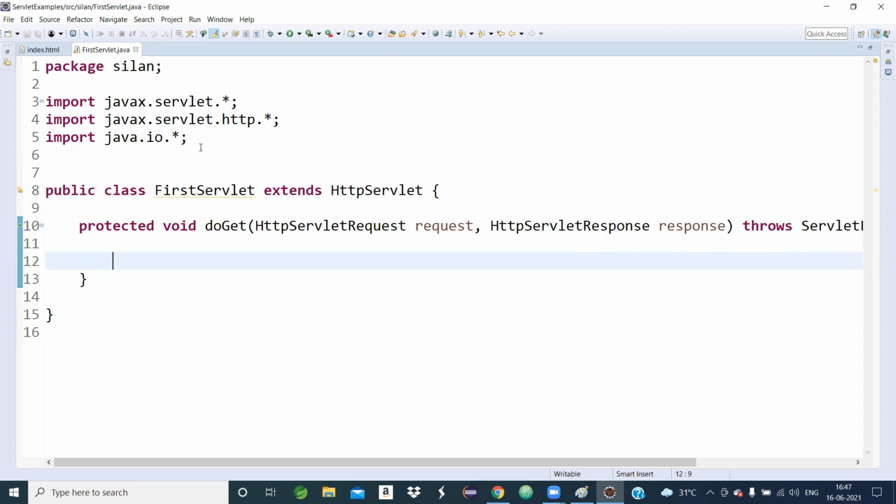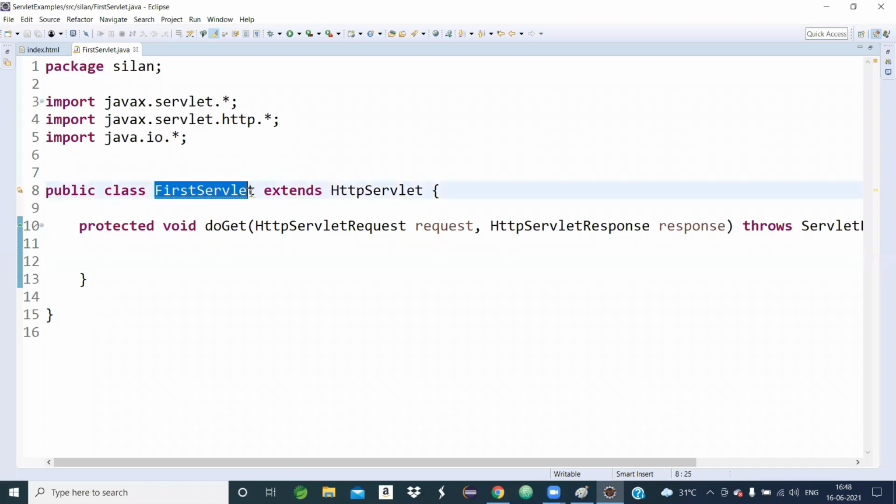Okay, very simple. Then how to create a servlet? Create a subclass which extends HttpServlet. If somebody asks how to create a servlet, your answer will be: create a subclass which extends from the HttpServlet class. See, automatically the class was created.